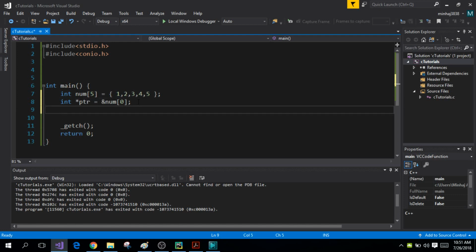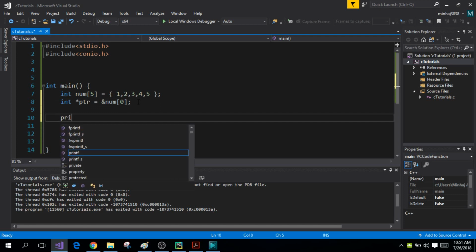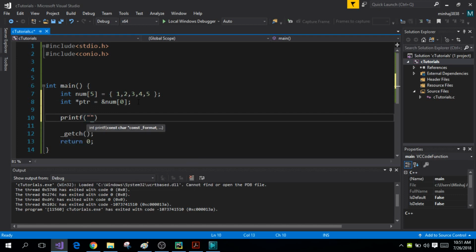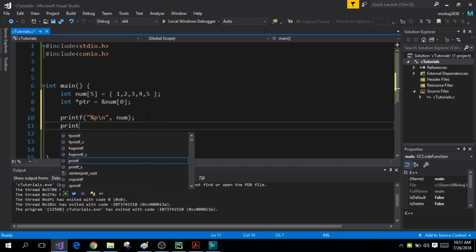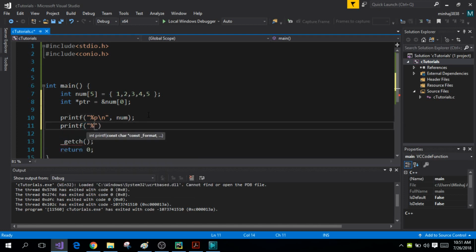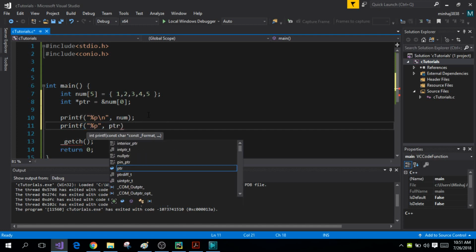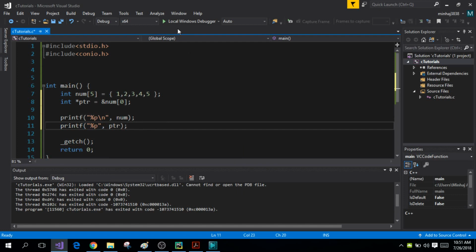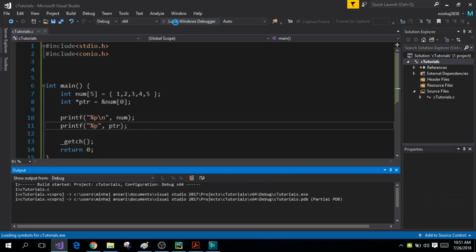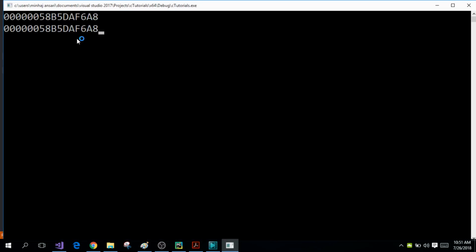And let's just check that out. I'm going to use my printf statement, and first I'm going to print the name of the array and just add a new line right here. And then I'm going to print the address of the first element of the array. So that is stored in the pointer variable ptr. So when I run the program, both addresses will be the same. That means the name of the array is actually a pointer variable that stores the address of the first element